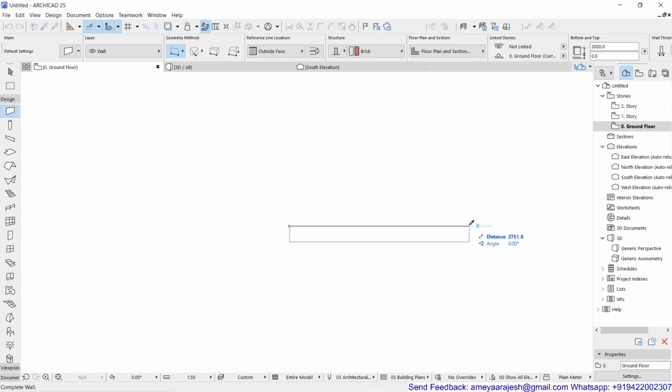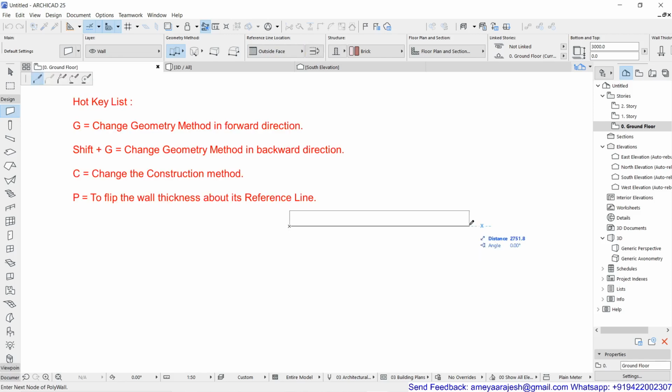Remember, G is for the geometry method. If I hit G, you will see the geometry method is changing. If I press Shift G, that means I'm taking the previous geometry method. Same way, C is the construction method. And P is for flipping the wall thickness.